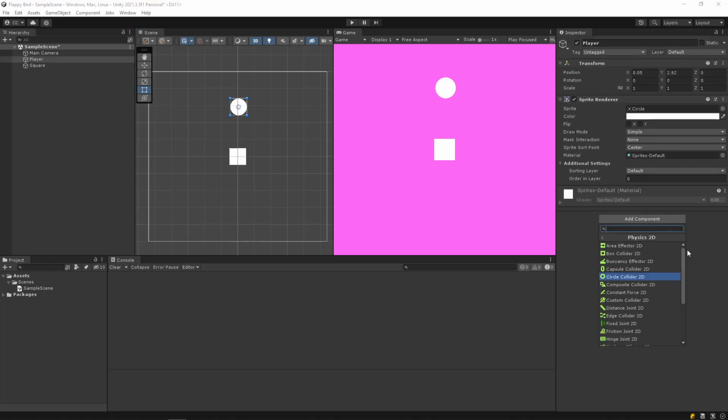It's called a rigid body 2D. So if we just type in this box rigid, we'll notice that two components come up. One of them is just rigid body, and one of them is rigid body 2D. Please ignore the one that does not say 2D. One of the quirks with Unity is that it has both 3D physics and 2D physics, and we only want it to do physics in 2D. We don't want to have 3D physics, and we certainly don't want to have 3D physics and 2D physics at the same time. That would be disastrous. And so what we want to do is select rigid body 2D specifically. Whenever we're messing with physics, adding in a physics component, specifically click the one that says 2D.